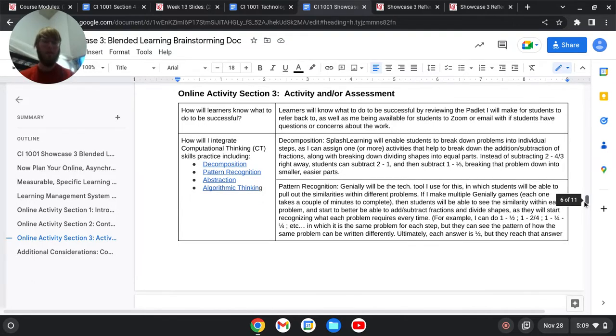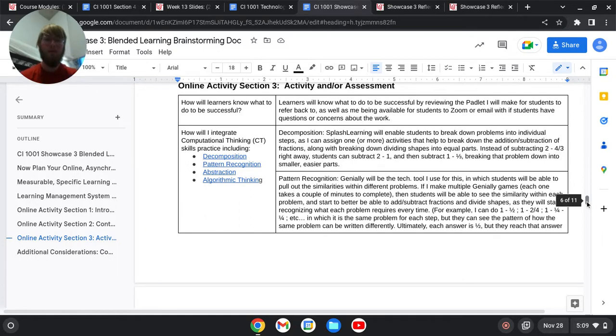So decomposition first. Splash Learning will enable students to break down problems into individual steps, as I can assign one or more activities that help to break down the addition and subtraction of fractions, along with breaking down dividing shapes into equal parts. This is kind of what I was talking about with reviewing. Instead of subtracting 2 minus 4/3 right away, I'll have students practice subtracting 2 minus 1, 4 minus 2, basic steps to